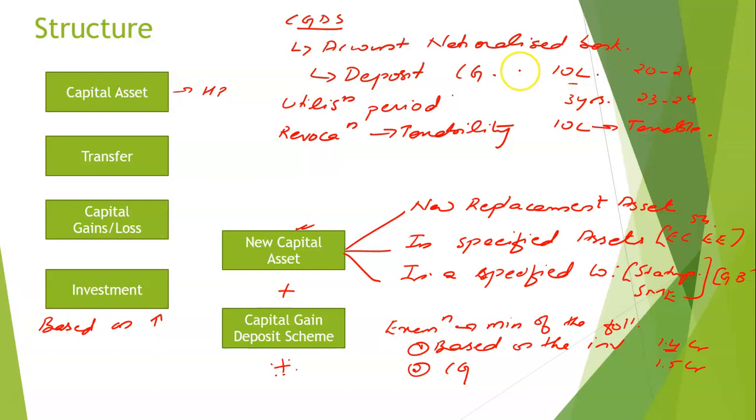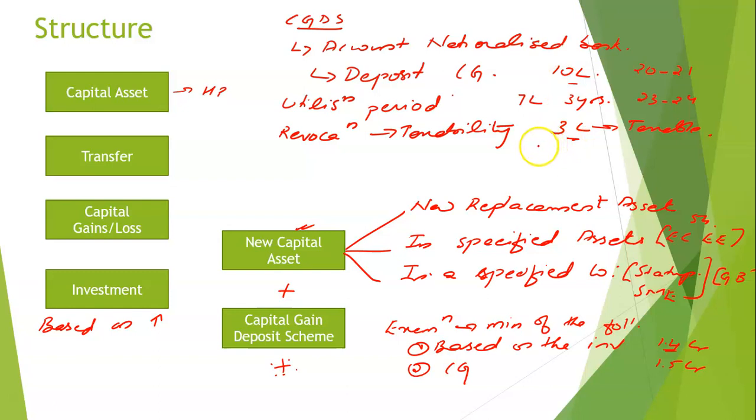Clear? Say I utilized 7 lakhs and the balance remaining is just 3 lakhs. Then just 3 lakhs will be taxable. There will be scenarios wherein the deduction amount or the taxable amount won't be the exact amounts. Say I make a deposit of 10 lakhs but I do not get complete deduction of 10 lakhs. I will only be getting a certain percentage or portion of it. In those cases, taxability will also be based on such percentage or proportions. So I deposit 10 lakhs but only get a portion of it as exemption. At the end of 3 years, I have 3 lakhs, but only a portion of those 3 lakhs will be